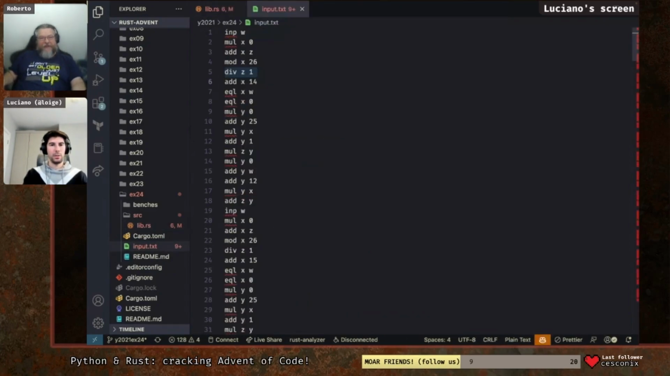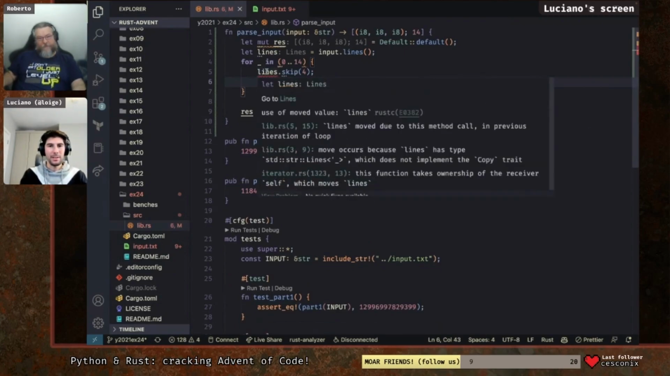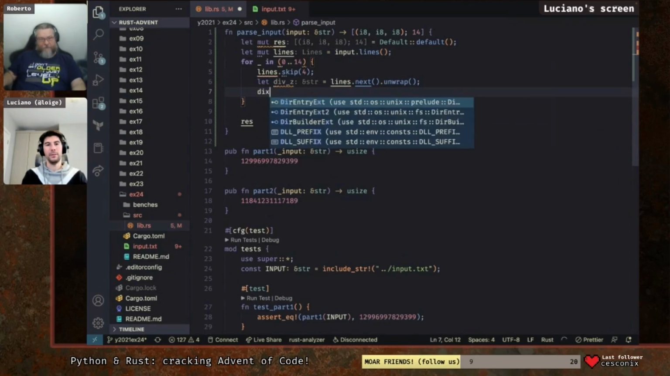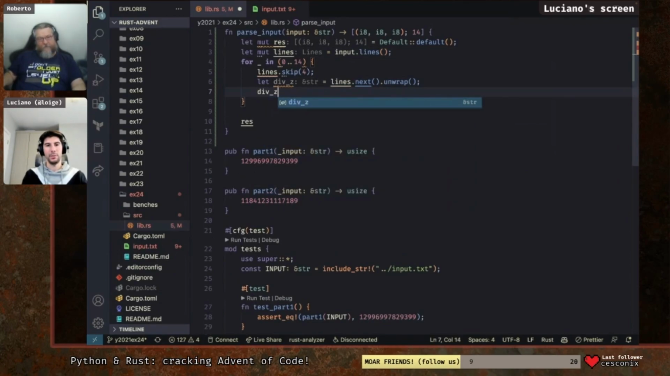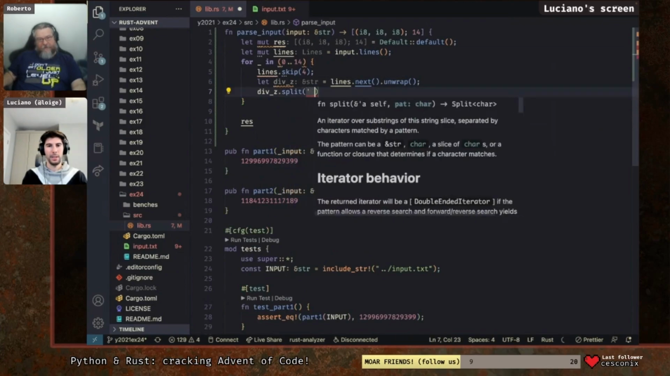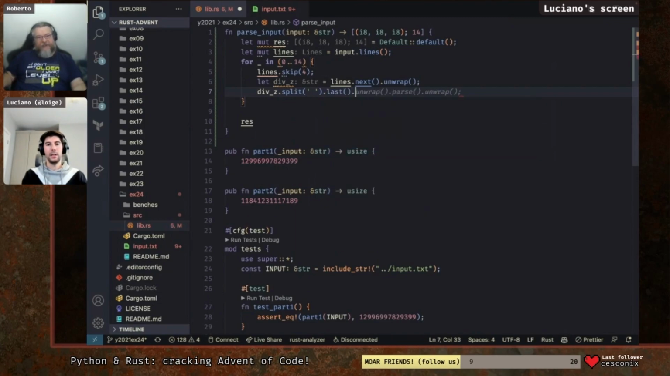So when you split, you get iterators, I think, right? Let's just call this div z, so we remember. What is it complaining about? Lines needs to be mutable, of course. And then at this point we can do div z, which is going to be a reference to a string. So we can split by space, and then we can do last, parse as integer, unwrap, and let